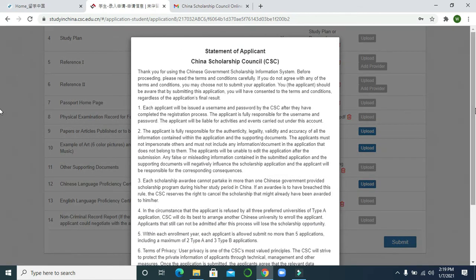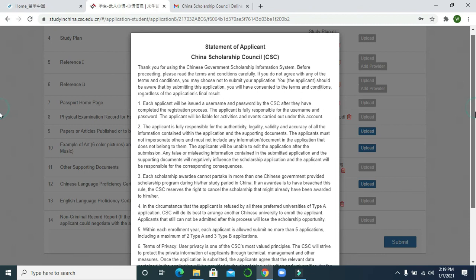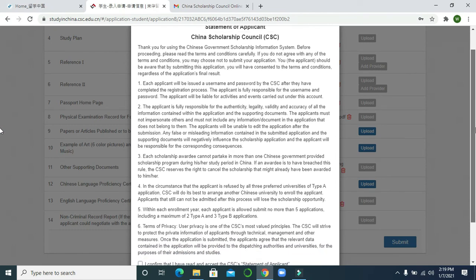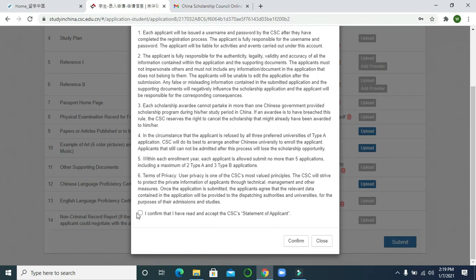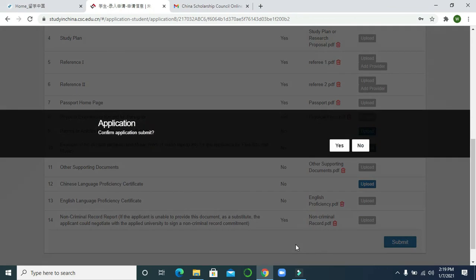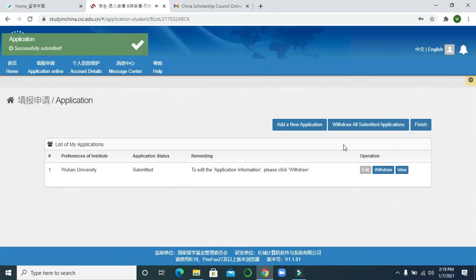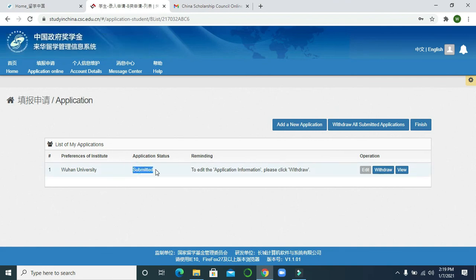So you can see the statement of application, China Scholarship Council. You can read all this information, and then after that you can click confirm, and confirm. Then you can click yes. Now you can see here your application is submitted successfully.